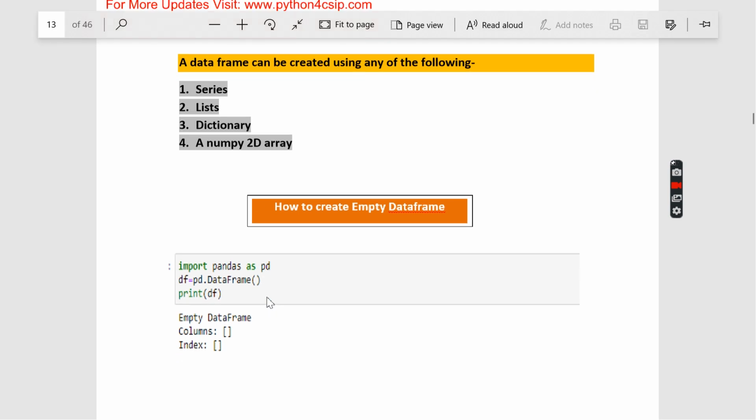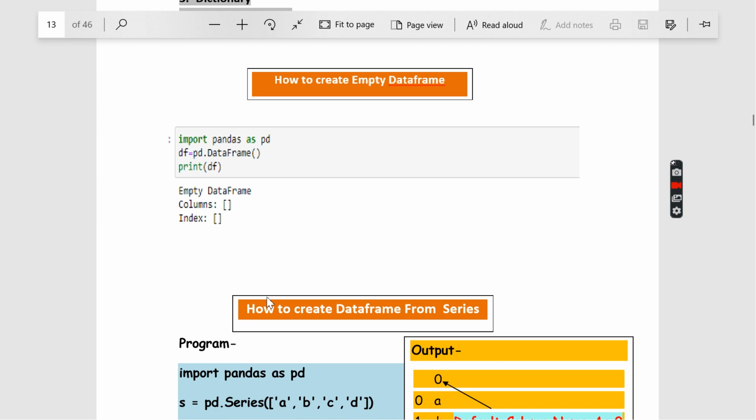First, how to create an empty data frame, which you are going to work out in the system. Import pandas as pd and then pd.DataFrame. D should be caps and F should be caps, and there is no space between Data and Frame. This is a single word. So df equal to pd.DataFrame, print df.